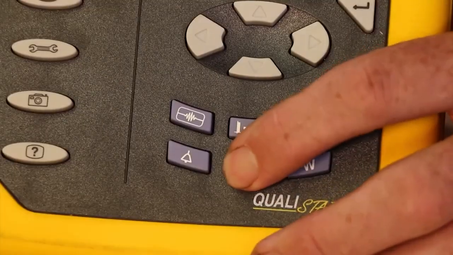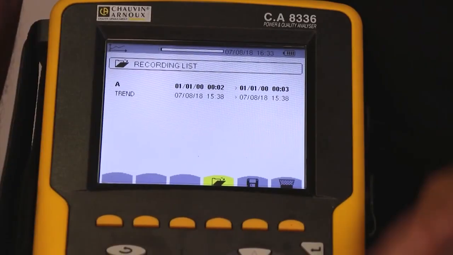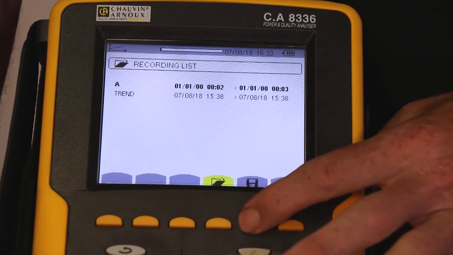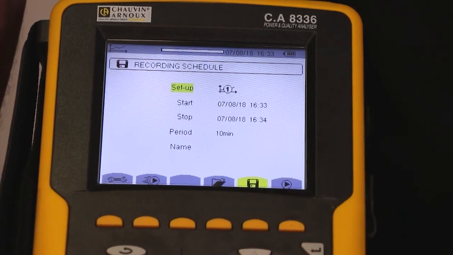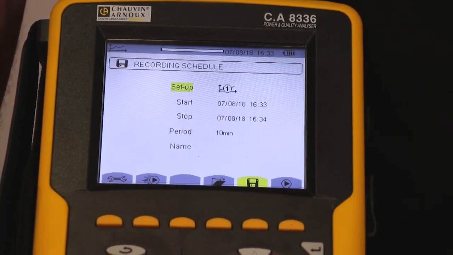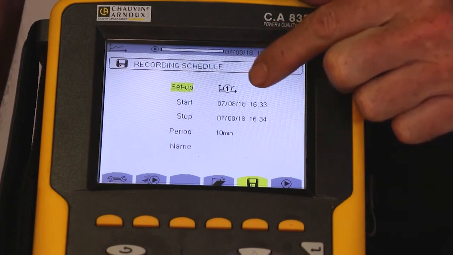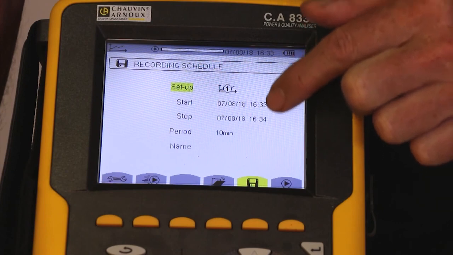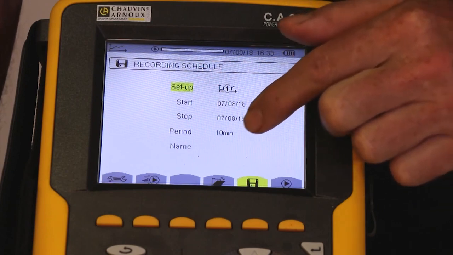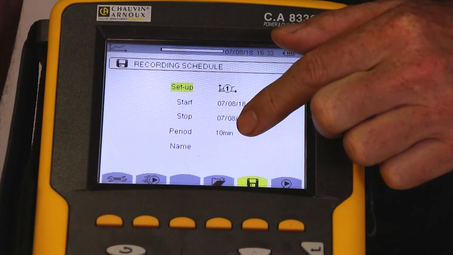To record trends, press the Record Mode key, then the File Fast key. I then ensure that I select the correct trend mode, either 1, 2, 3 or 4, that I set earlier. Then select the start-stop time and select the period to decide what aggregate time we need.